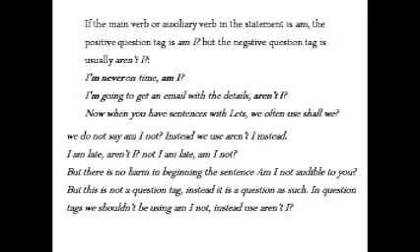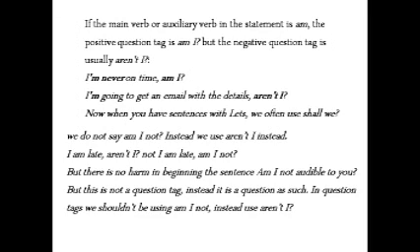If the main verb or the auxiliary verb in the statement is am, the positive question tag is am I. But the negative question tag is usually aren't I and not am I not. I am never on time, am I? I am never on time is a negative sentence, and therefore the tag should be in the positive, am I? I am going to get an email with the details. I am going to get an email with the details is a positive sentence, and therefore the question tag should